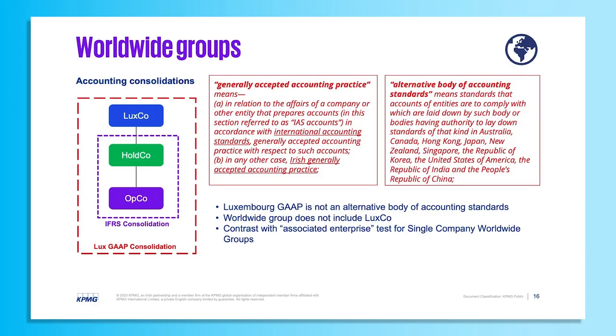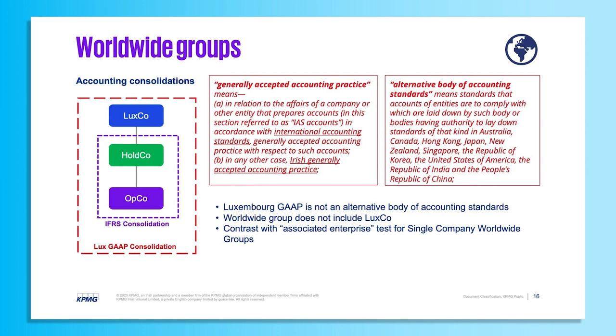You may be aware that there are certain group reliefs available to mitigate the interest restriction applying to an Irish company or an Irish interest group, such as the group ratio or equity ratio. Before considering whether such reliefs may apply, it is necessary to first identify the ultimate parent company to identify the applicable worldwide group. Section 835AY of the Irish tax legislation defines an ultimate parent as an entity that prepares consolidated FS under generally accepted accounting practice, or GAAP, or an alternative body of accounting standards, and whose results are not consolidated elsewhere. GAAP is defined on screen with the definition applying from Section 4 of the TCA, and essentially means